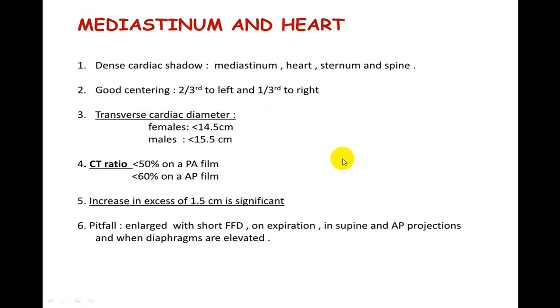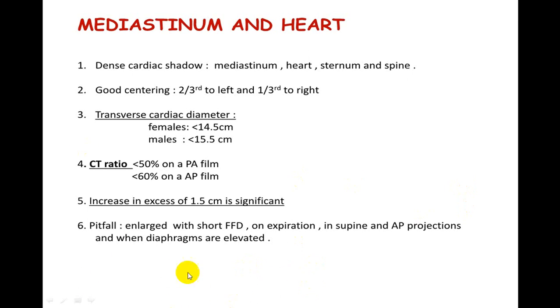If it is not taken in an erect posture, if it is taken in a supine posture, or if it is an AP view, or if it is during expiration, and if there is rotation, that is, while taking the X-ray the person is slightly rotating, or we call it oblique, it will give you a false interpretation regarding the size of the heart. Also, if you have taken an enlarged picture with a short FFD, then also it will give you a false interpretation of cardiomegaly or abnormal size of the heart.